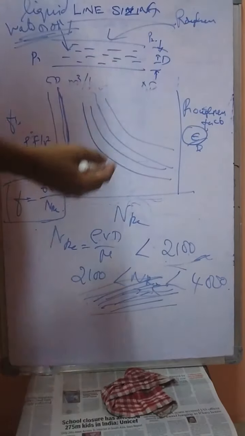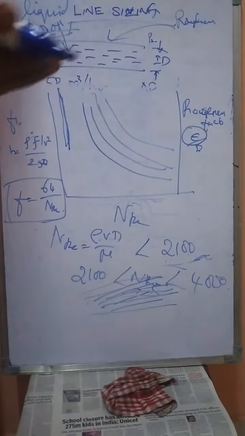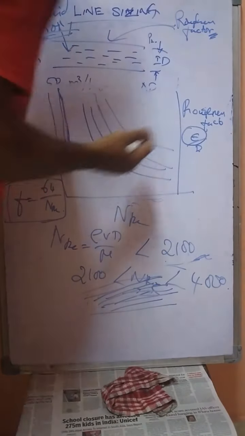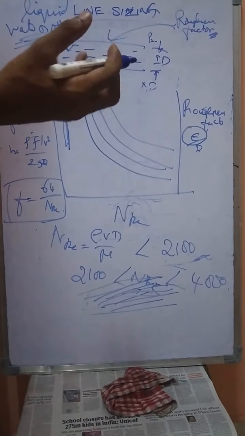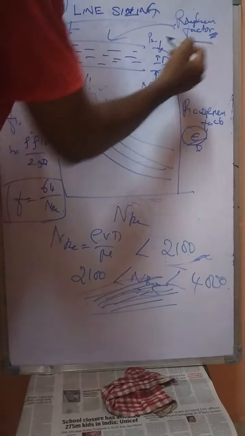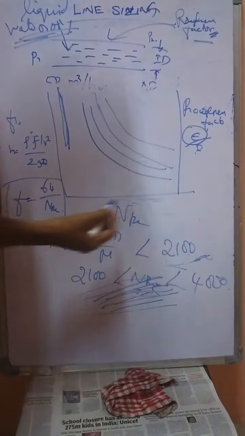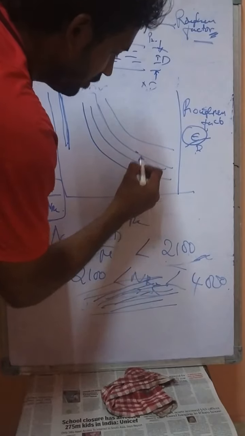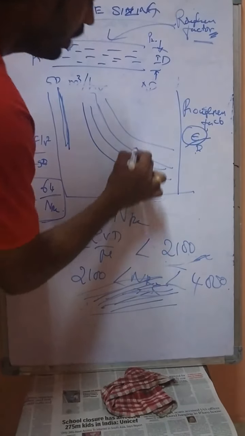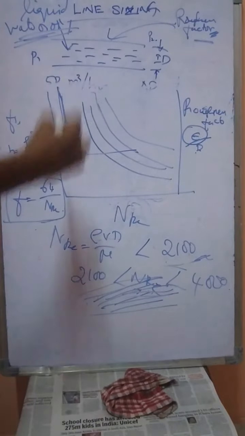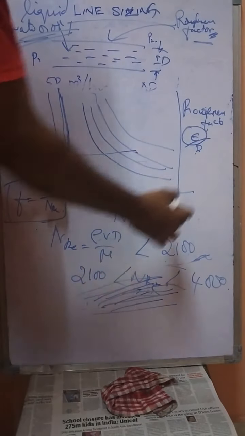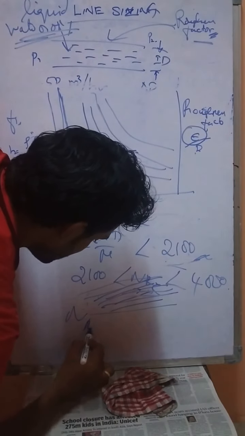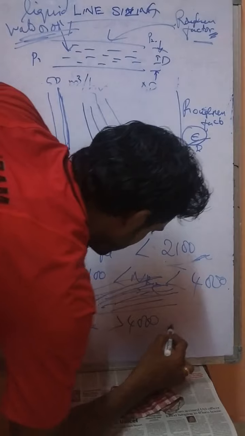You will get the data in the Perry's Chemical Engineering book also. So the roughness factor is given individually for each type of material of construction of the pipe. You get that data and divide it by the diameter. With respect to that, you will get some constant. With respect to that, you need to see the NRe value also. So if you intersect with this one, you will get some F value somewhere here. So you can take the data from that. Likewise for NRe greater than 4000 also, you can see like that.